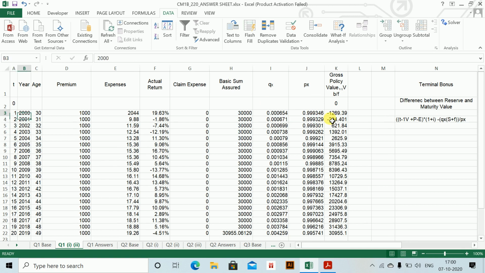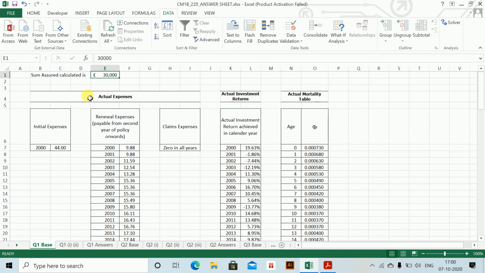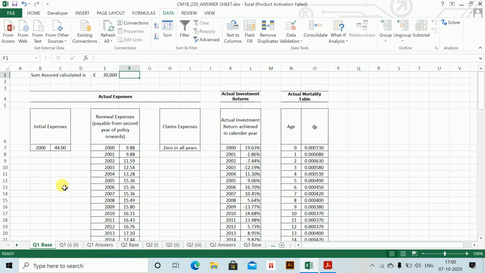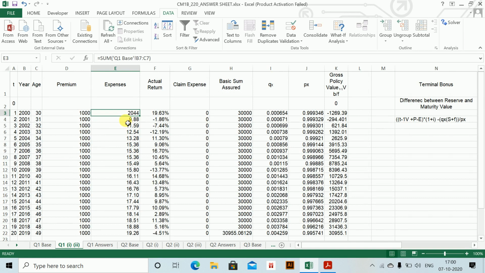First we have been given the value of our sum assured here, 30,000, so we'll use that. Now I've created columns. First I've created a column of premium, where premium is 1,000 as given in the question. Expenses, for the first year, will be the sum of the two initial expenses which have been given to us, and for the rest it will be nothing but the renewal expenses.